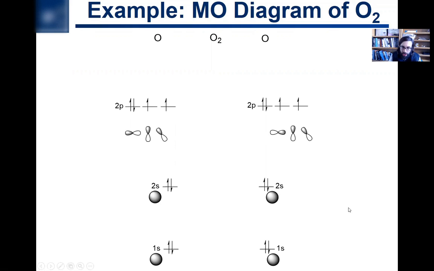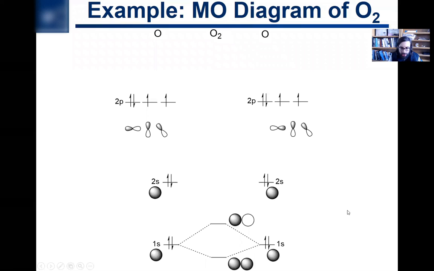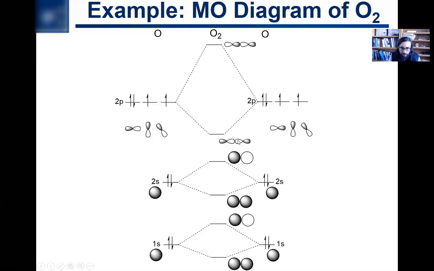So ones that have similar energy and same symmetry, we can go ahead and make bonding and anti-bonding interactions. We can do that first with the 1s. So we can make a bonding interaction and an anti-bonding interaction. We can do that with the 2s, same type of thing. And then we can do that with the 2p,